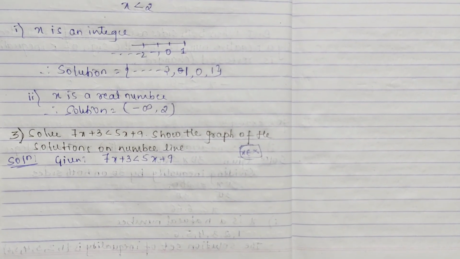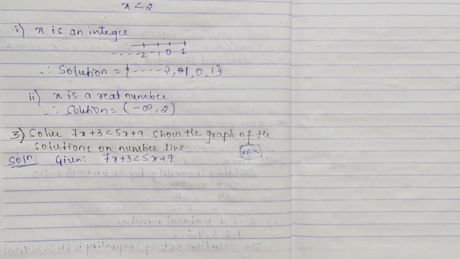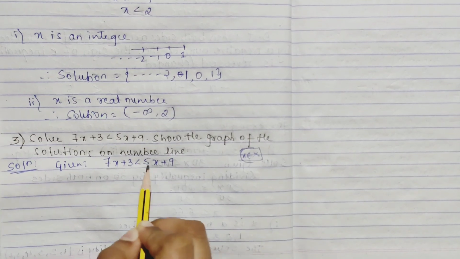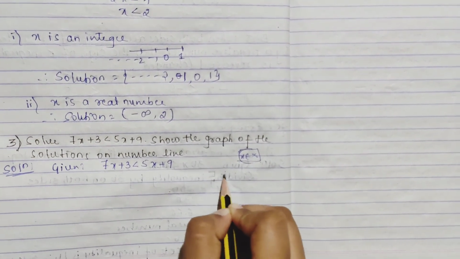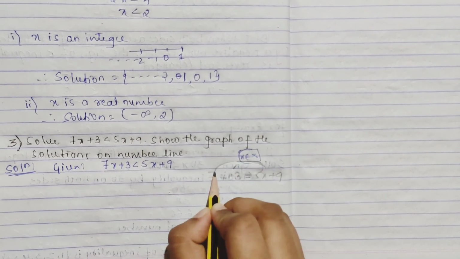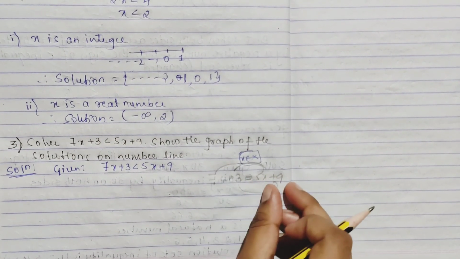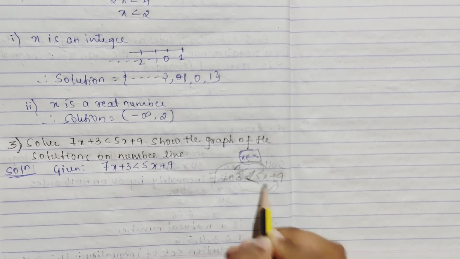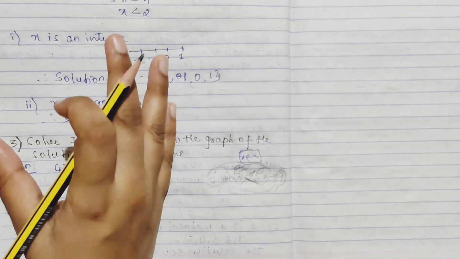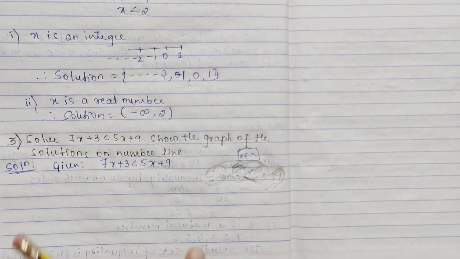See here, everyone will not have the same IQ level, right? Some will ask, ma'am, how will we understand which one to subtract? See here, take the left-hand side and right-hand side like 7x is equal to 5x plus 9 type. Keep the x part, all the real numbers, on one side, and the like terms: 9 is like 3, right? 9 and 3 are like terms, 5x and 7x are like terms. Like terms we keep on one side, and we want to find the value of x, right? Just here the inequality sign is coming.